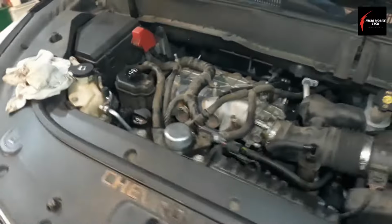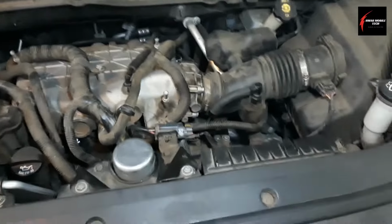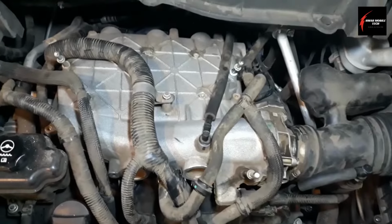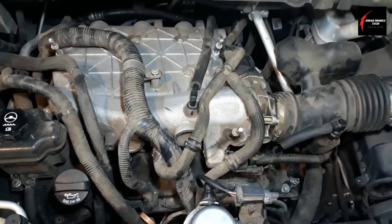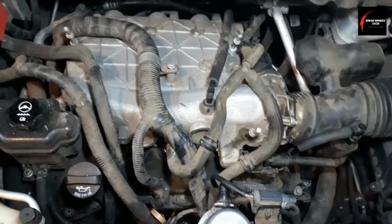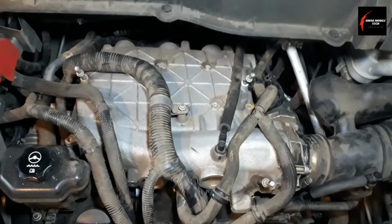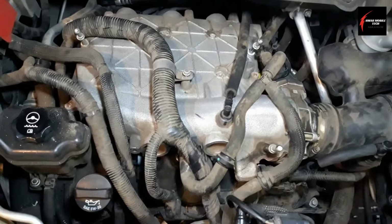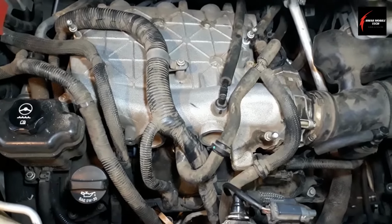So after a few attempted cranks, I finally got the engine to start, and it took a bit to start because there was a little bit of brake parts cleaner that I sprayed into the engine and the PB Blaster that drained in there. This is just common. This is just what you've got to do to be a mechanic. These things happen. But the engine started and it runs smooth,